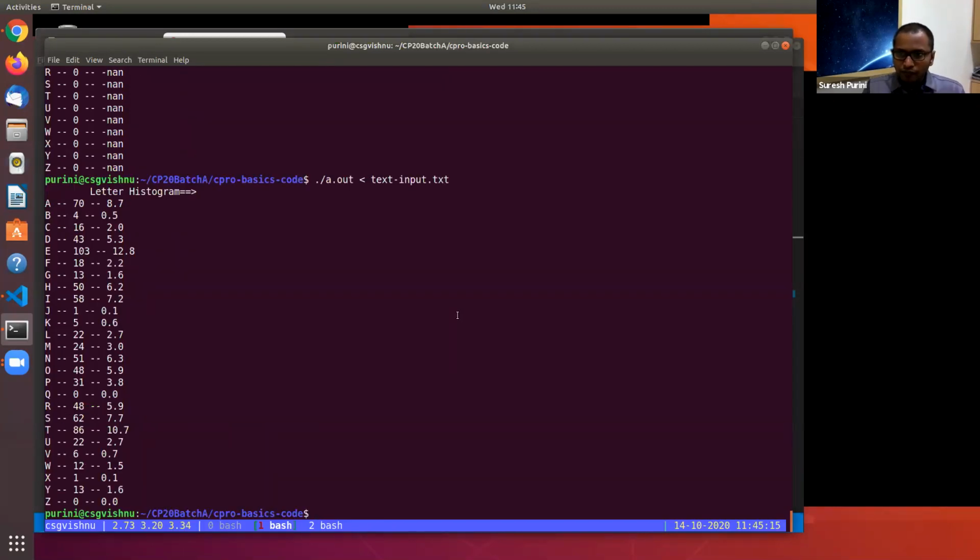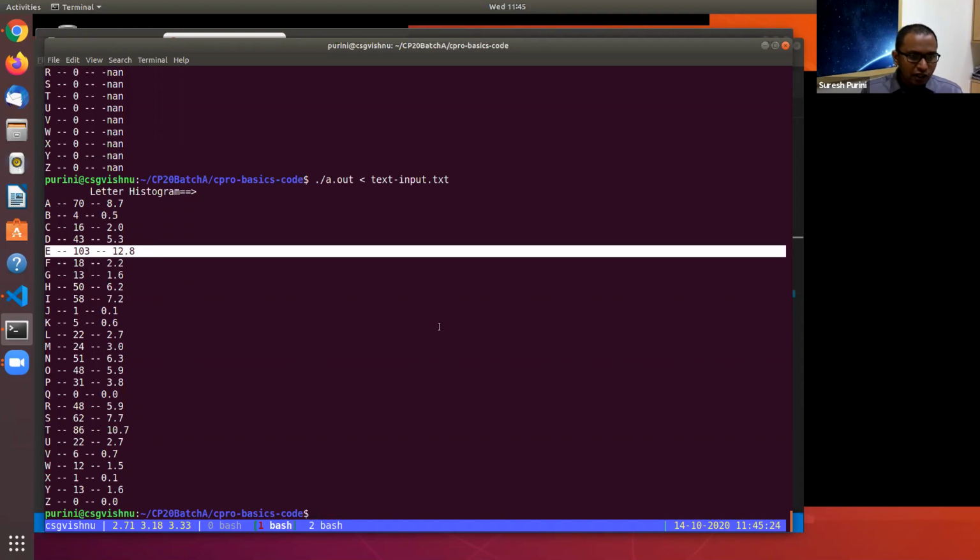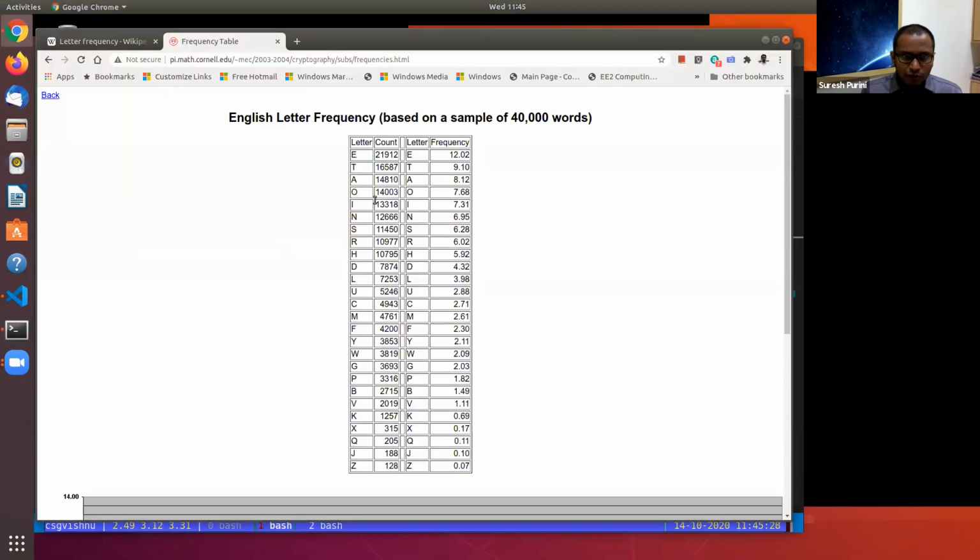You can see the character E is occurring with 12.8%. I was so surprised, because I looked online to see the letter frequency table computed by others. It turns out that the frequency of letter E is 12%.